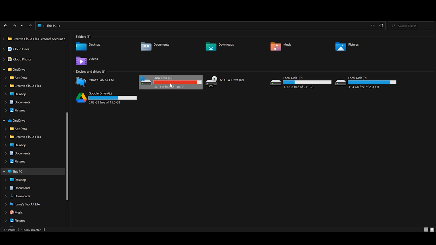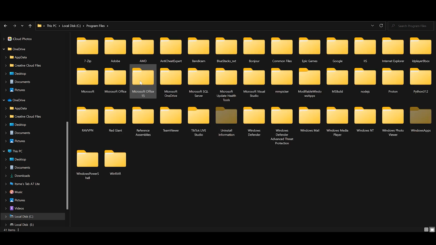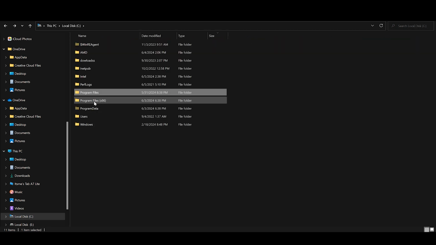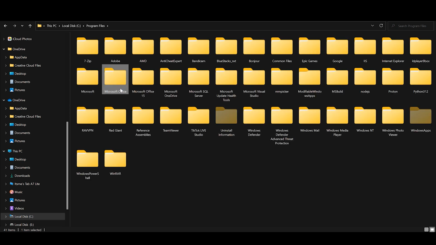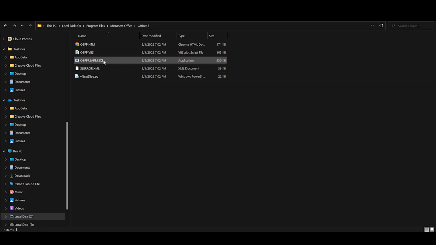Now from here go in your local disk and select the option of the Program Files or the Program Files (x86), and here are multiple folders. Now from here you have to find the option that is Microsoft Office. This option is in the Program Files or Program Files (x86), so you have to find in which it is available, and just tap on it. Now from here go in the Office 16 and tap on this option of the OSPP.exe,